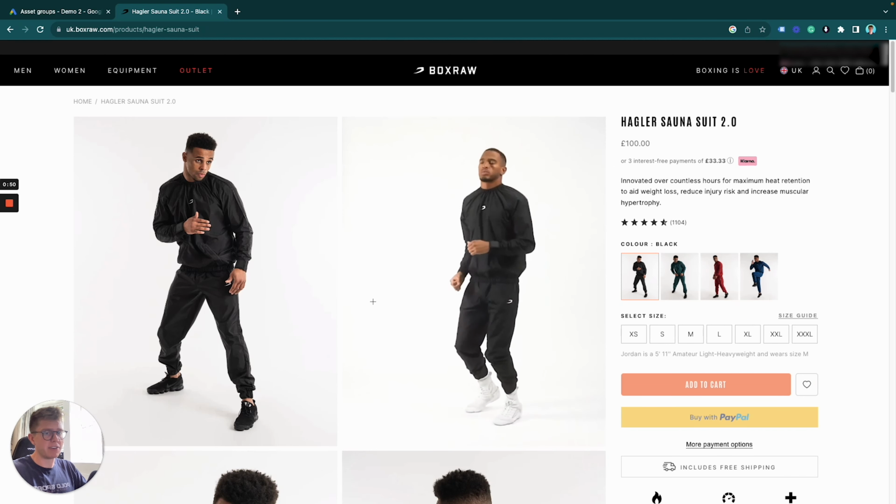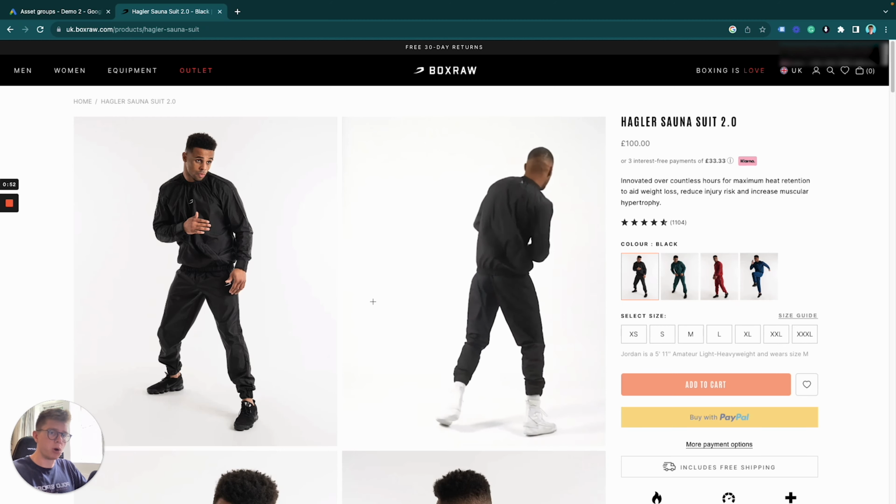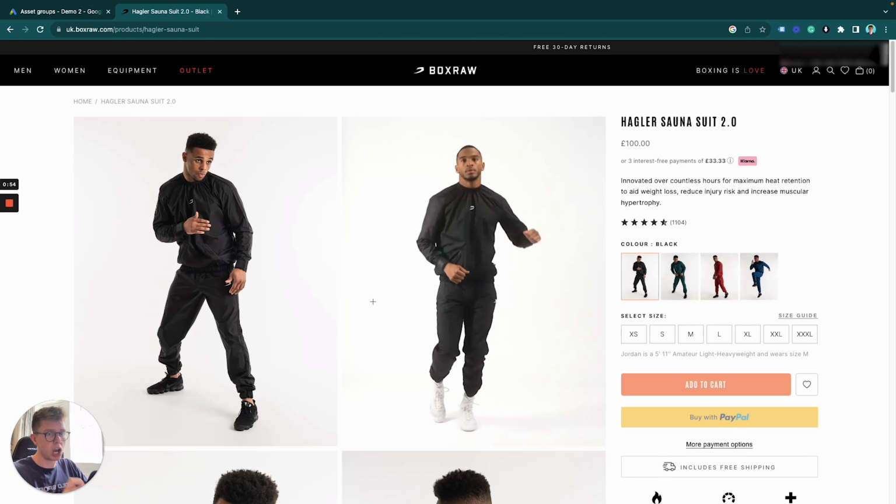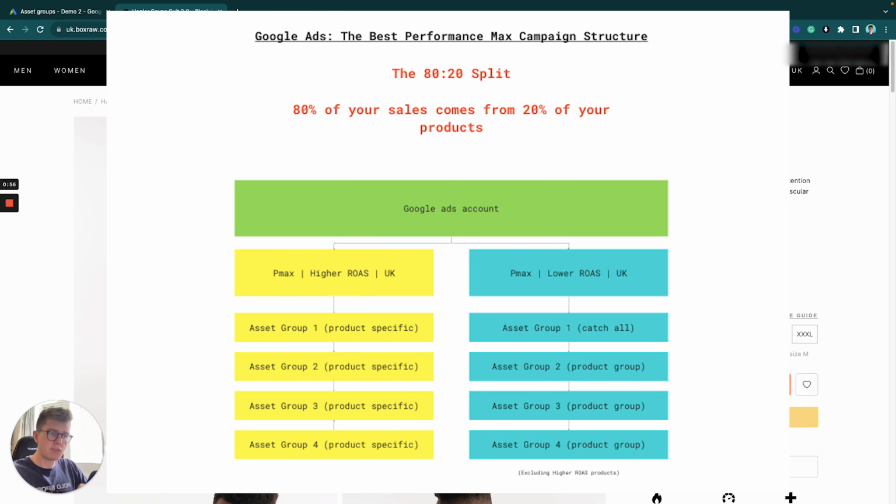So the best way I have it is having two campaigns. So you have one which is a higher ROAS campaign and one which is a lower ROAS campaign. On the higher ROAS campaign, you use the 20% of your products that generate 80% of your revenue. These are your top performing products. This one was a very good performing product for the clients. So this is definitely within that higher ROAS campaign. And to summarize the lower ROAS campaign, that's where we put the rest of the 80% of our products that only generates